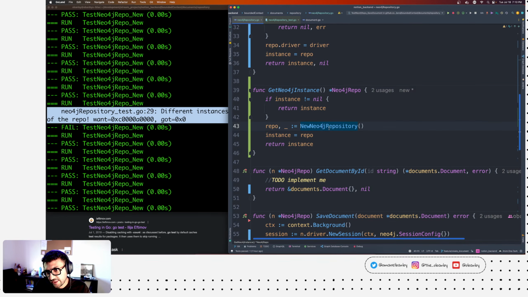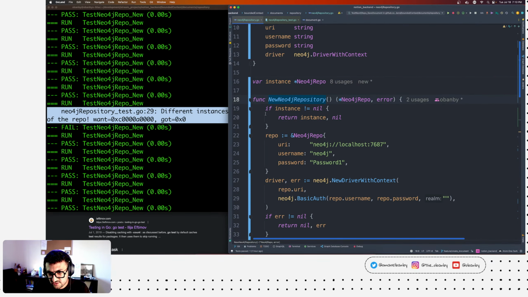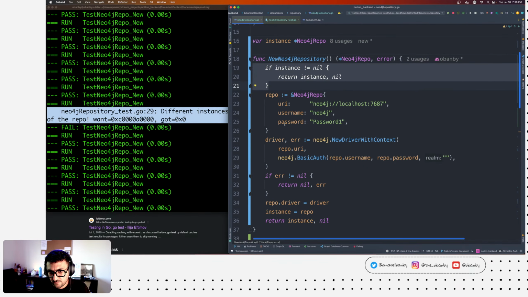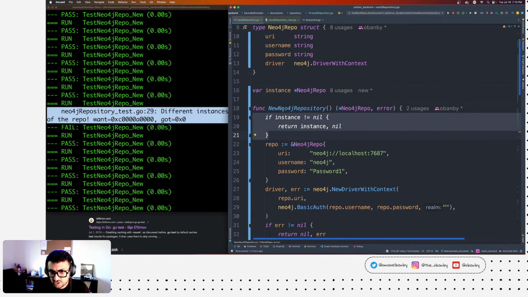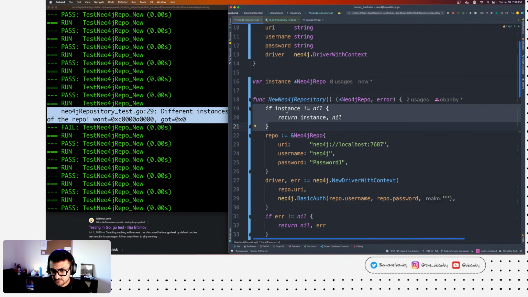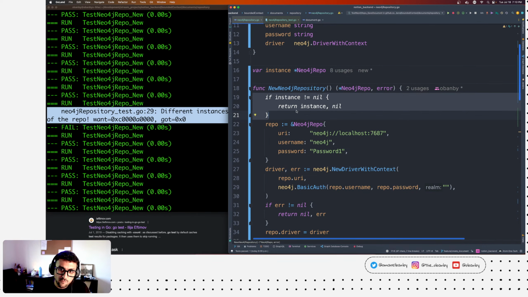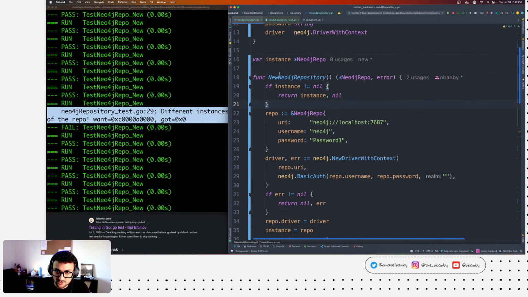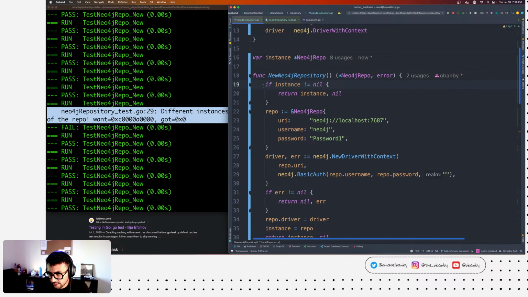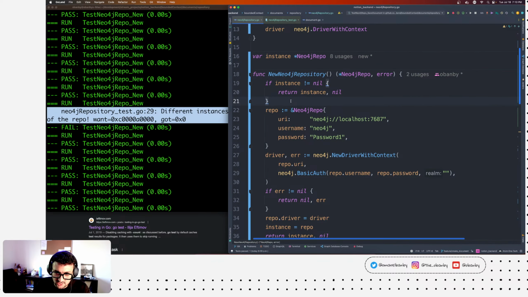And by the way, this is so unnecessary because now you shouldn't be calling the new neo4j repository, you should be calling get instance. I'm just leaving it here as a safeguard. If someone misuses it, because we tend to use the new, then they're still getting the same functionality.